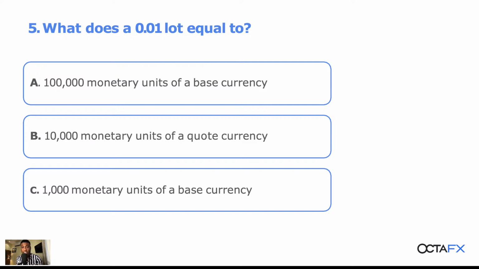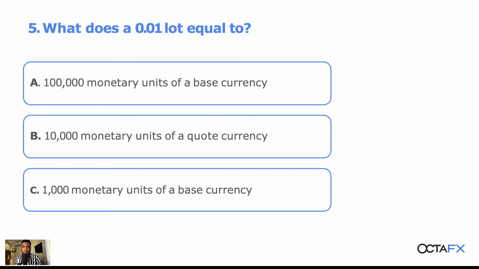The standard lot size is denoted as 1 in your trading app. The mini lot size is denoted as 0.10 for one mini lot size. And for one micro lot size, it is denoted as 0.01, and it contains 1,000 monetary units of a base currency. What this means is that if you open a trade with one micro lot size, which is 0.01, then